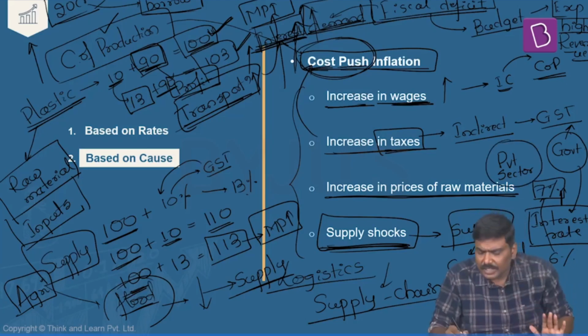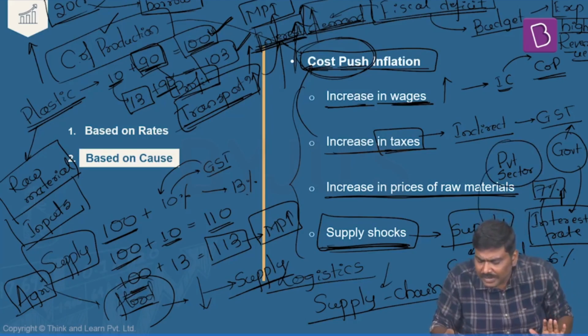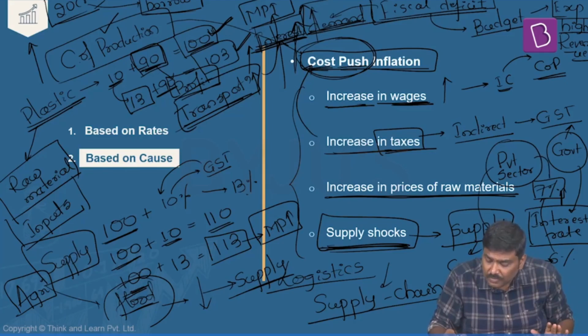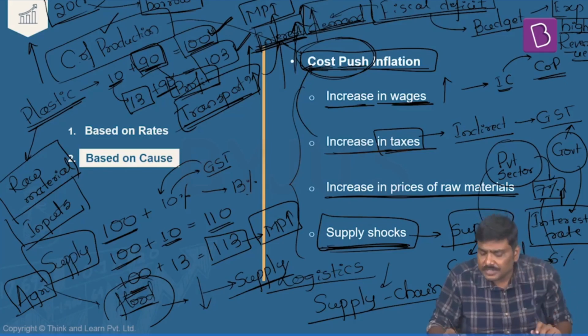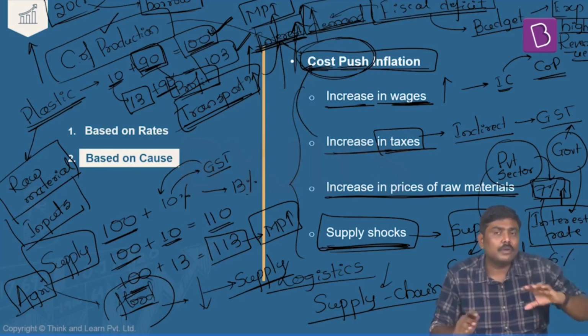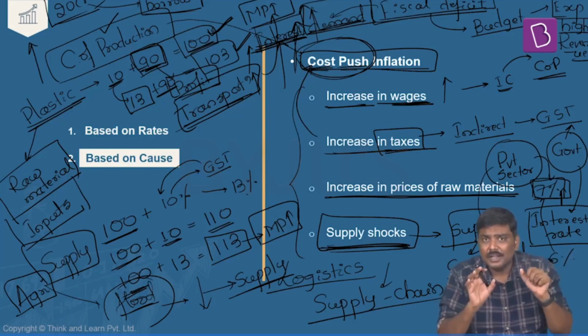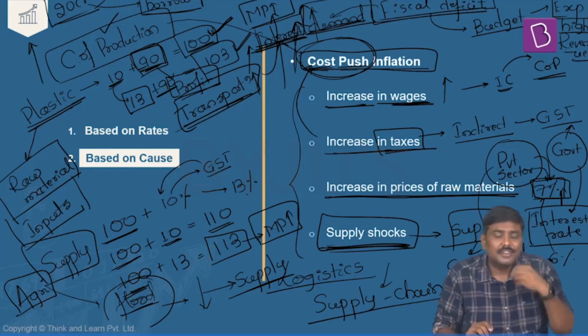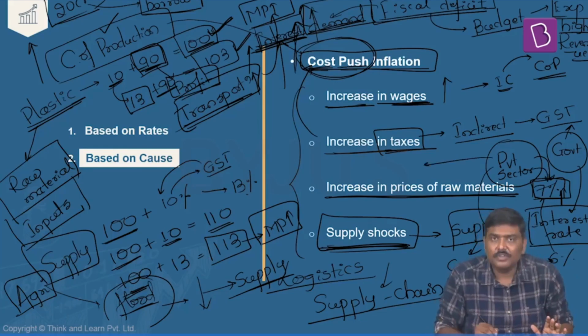Last year when they took loans from the market, what was the rate of interest? 6%. This year they want to take loans from the market. What will be the rate of interest? 7%. So if they borrowed 100 rupees last year, in the form of interest they paid 6 rupees. But for the same 100 rupees, now they are paying 7 rupees, which essentially means, follow this very carefully, when